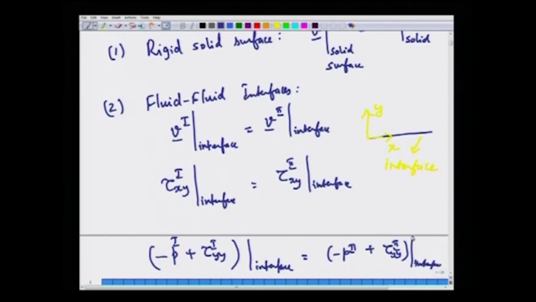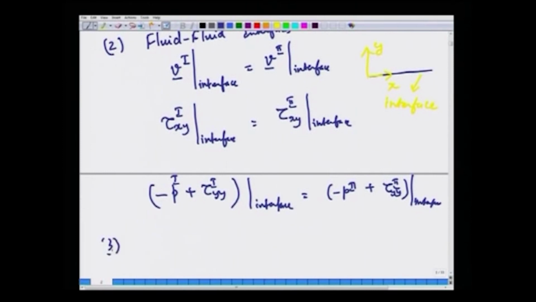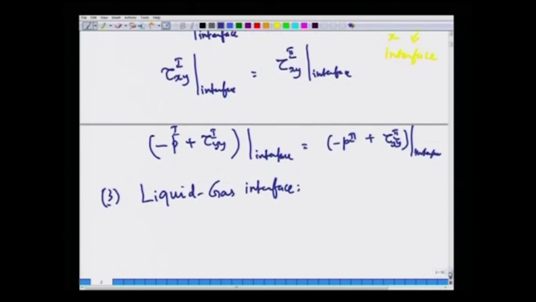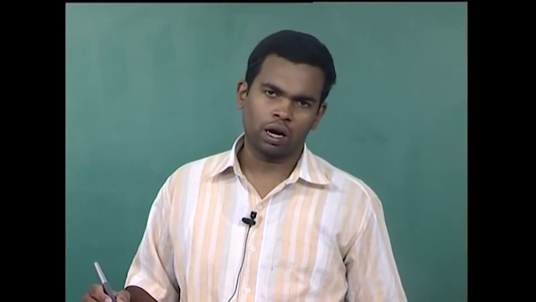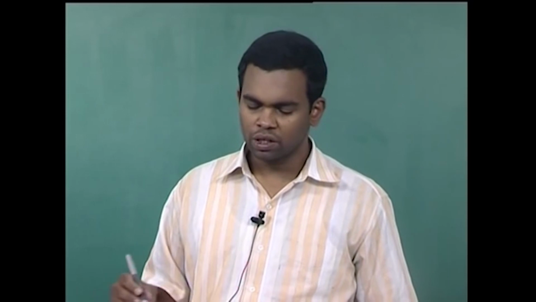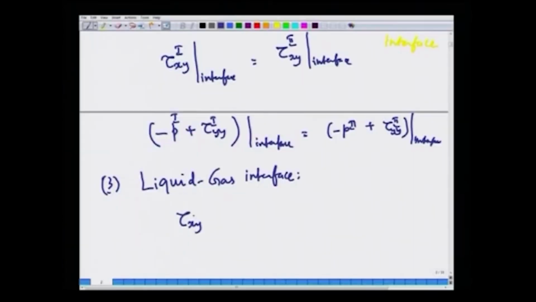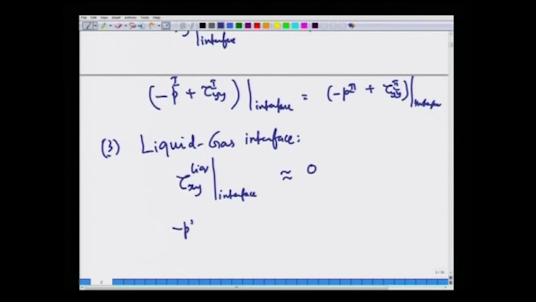Okay, this is for a general fluid interface, but we also pointed out that for the special case of a liquid gas interface, this equation can be simplified, because at a liquid gas interface the viscosity of gases is typically very small, of the order of 100 times smaller than that of the viscosity of liquids. So, we can assume that the shear stress at the liquid side at the liquid gas interface is approximately 0, and the normal stresses